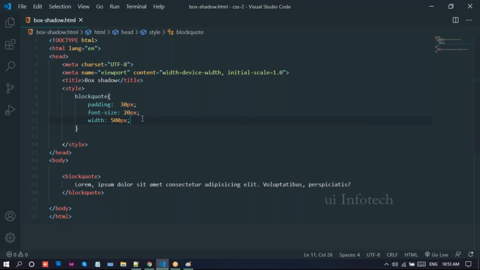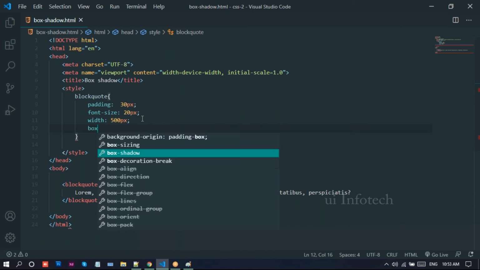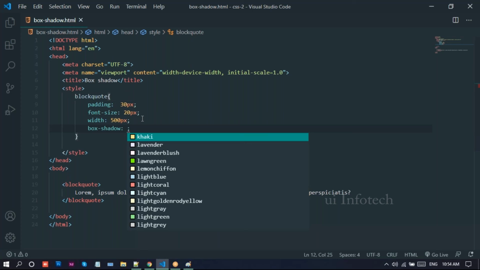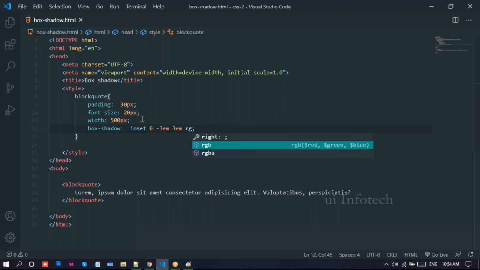See, I'll take this box shadow. For this box shadow, first I'll take this inset here. Inset means we are setting this shadow inside of this blockquote. And I'll take offset 0 for the x-axis and a negative value for the y-axis, and for the blur radius I'll provide 3em, and here I'll provide RGBA.